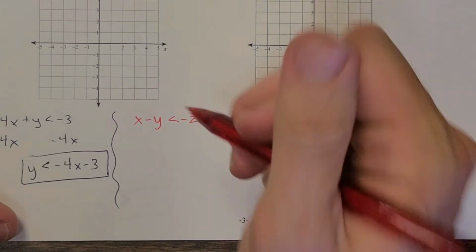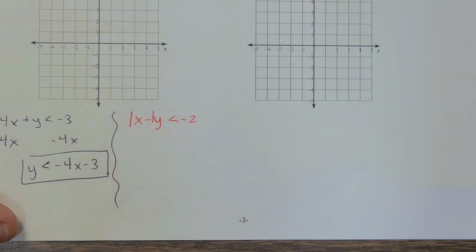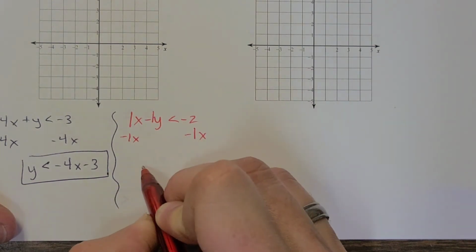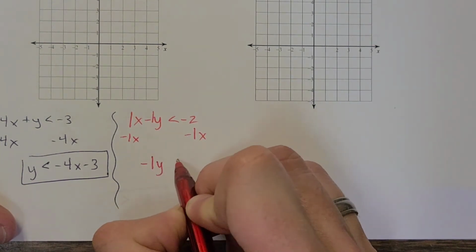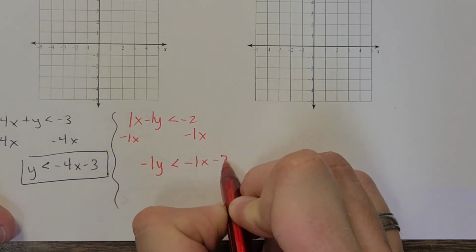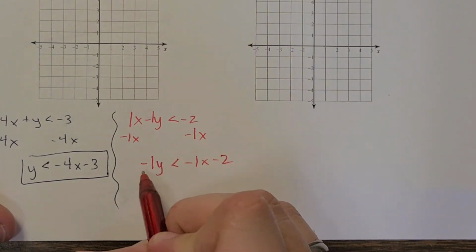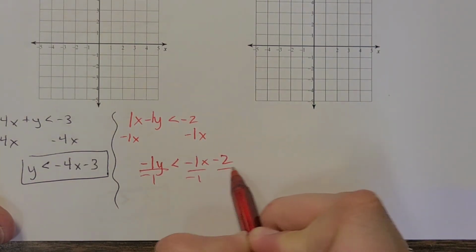This one, on the other hand, you've got to remember there's ones in front of these. So when I subtract 1x from both sides, I still have a -1y is less than -1x minus 2. And so I'm not done yet because I have to get rid of this negative. So when I divide by a -1,